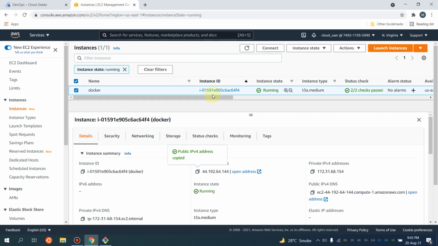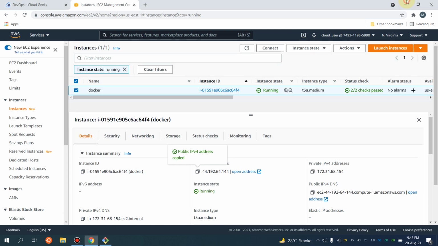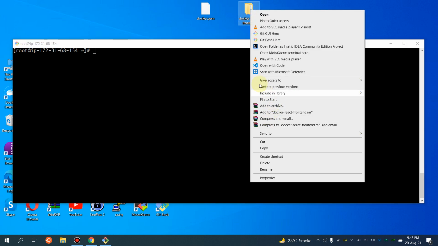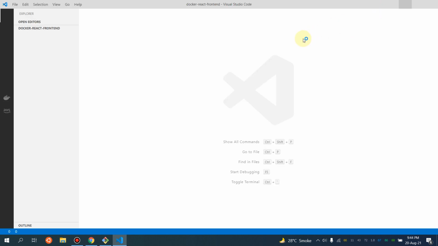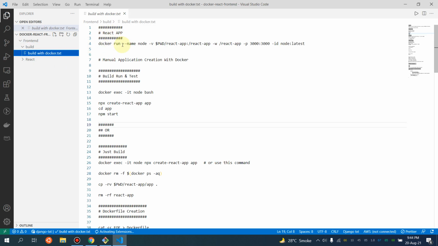So I've already spun up the EC2 machine and I've already logged into this particular machine. So let me zoom in a bit for you guys. So let me open a code editor, my VS Code, for you guys. So first of all, what we are going to do is build this React